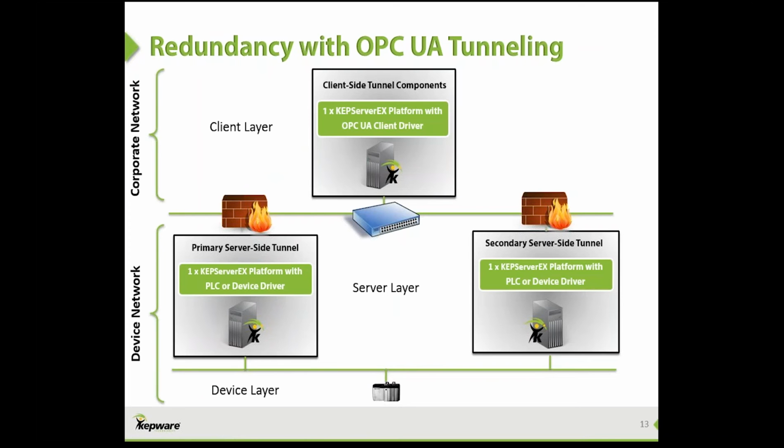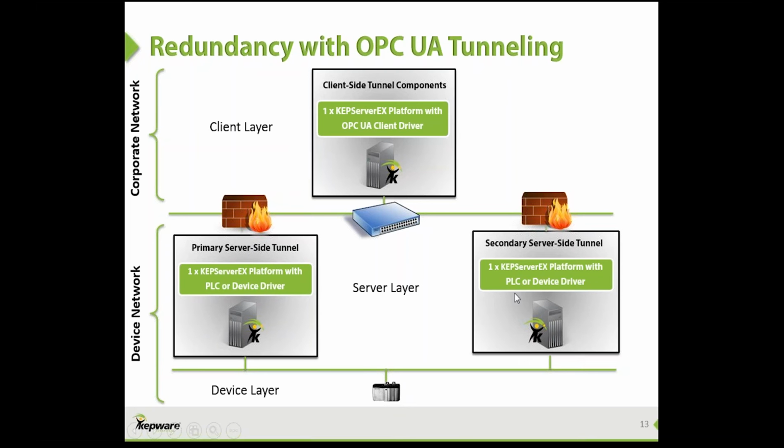So a potential use case for this media level redundancy option is maybe you have some remote devices, right? So you have a device network, it's isolated. You might have some devices out in the field, or for whatever reason this device network is isolated from maybe a corporate network. And so you have some firewalls and some network barriers you have to get through. And in order to do that, you use what we call our OPC UA Tunneling solution,